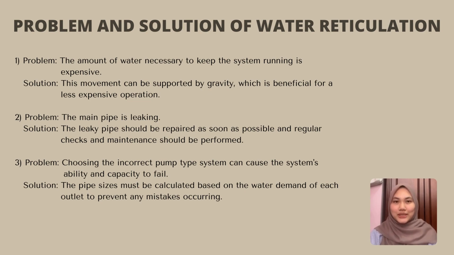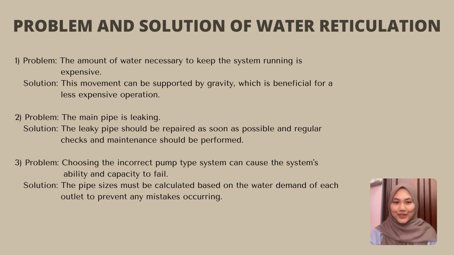The solution is the leaky pipe should be repaired as soon as possible, and regular checks and maintenance should be performed. The last problem is choosing the incorrect pump system, which can cause the system's ability and capacity to fail. The solution is the pipe size must be calculated based on the water demand of each outlet to prevent any mistake